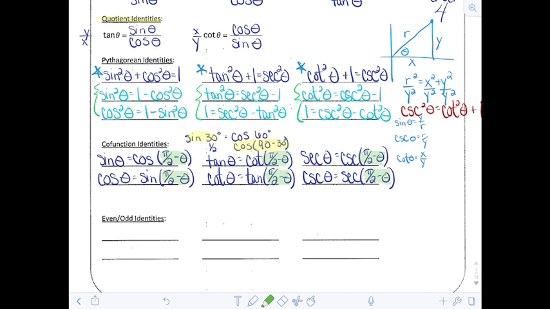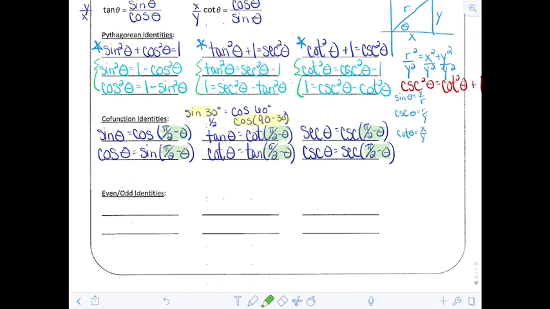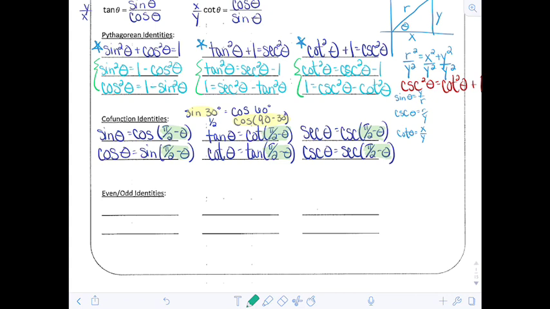You're not going to use the cofunctions a ton, but you absolutely will need to use them every once in a while. You do see them. I'm not going to say you never do, but they're not as popular maybe as the Pythagorean identities or some of the others, the reciprocal and the quotient identities. You will see these, but not a ton. When you do use cofunction identities, oddly enough, you're going to find that you use the even-odd identities right along with them. So the even and odd identities are